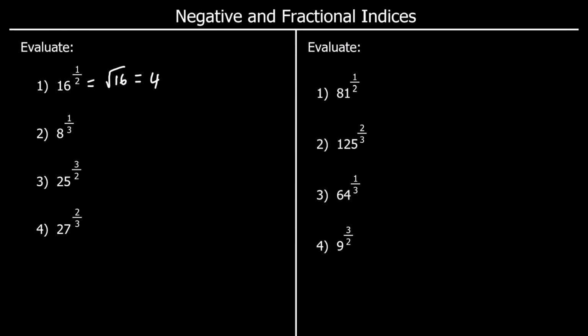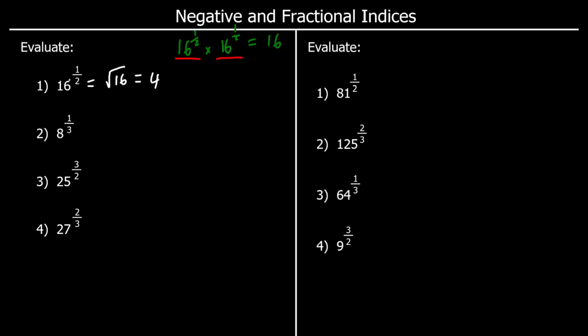The reason behind that is that if we've got 16 to the power of a half, and we times it by 16 to the power of a half, when we multiply indices, we add the powers. A half plus a half makes a whole. So that must be 16 to the power of 1, or just 16. So we've got the same number multiplied by itself, and the answer is 16, so it must be 4. So the power of a half is a square root,